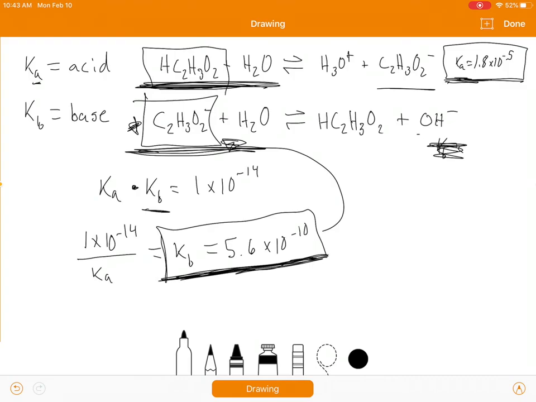I think that the terminology might be what's confusing people. Try to notice whether it's an acid or a base, and realize that they're two totally separate equations. Once you figure out whether it's an acid or a base, the acid equation is going to produce hydronium. The base equation is not. It might take some practice, but don't get them all messed up as far as trying to assign Kb values to acids and Ka values to bases. They are separate. They go with the conjugates. Anyways, I hope I didn't just make things more complicated, but I wanted to try to clear that up a little, and hopefully